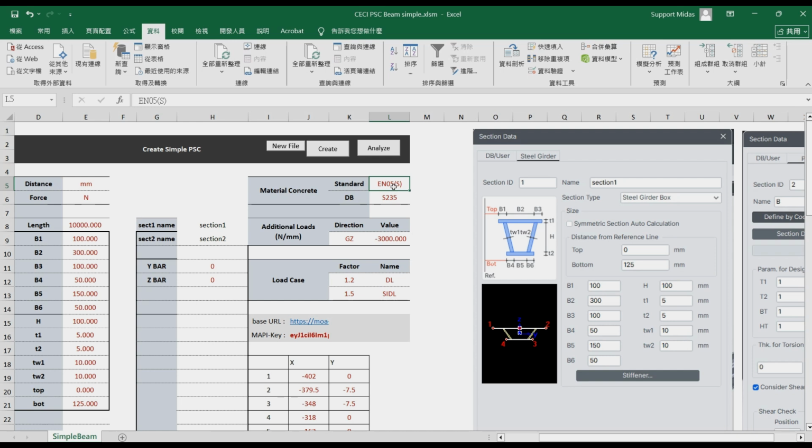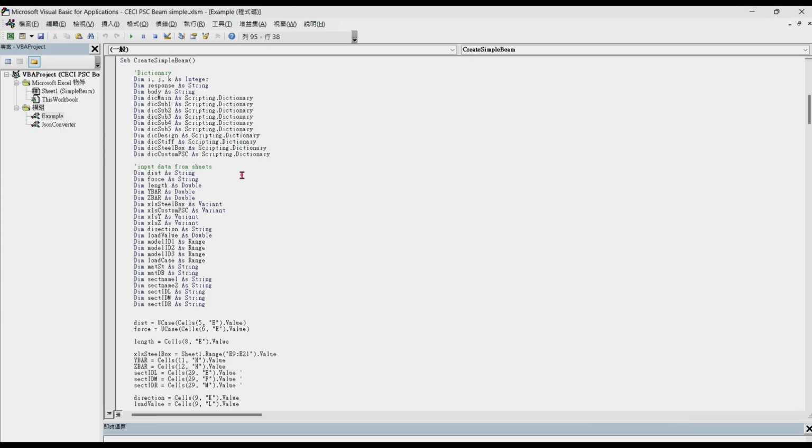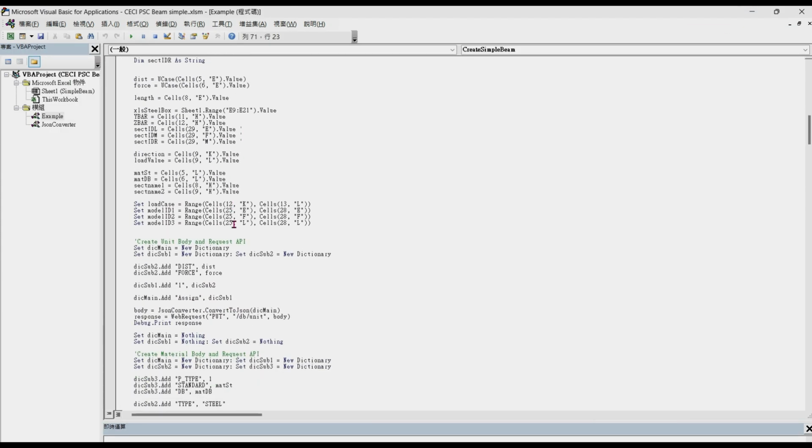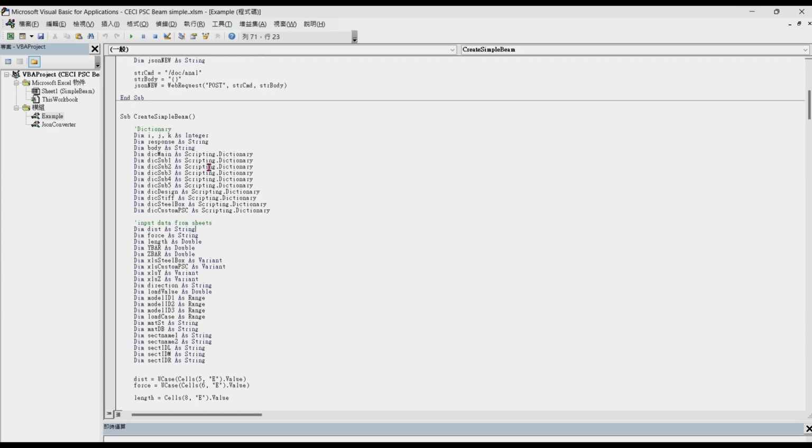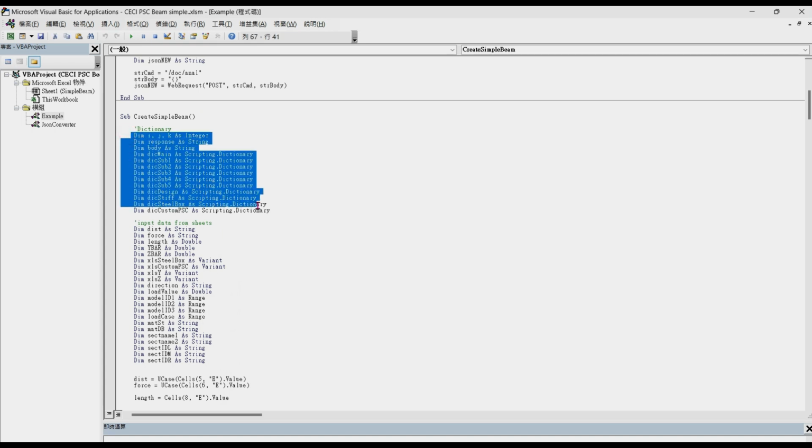So you need to be careful about that. This one is a loading, and this one is load case. Okay, so we go back to